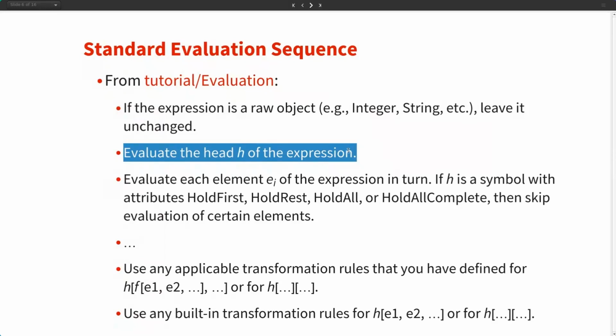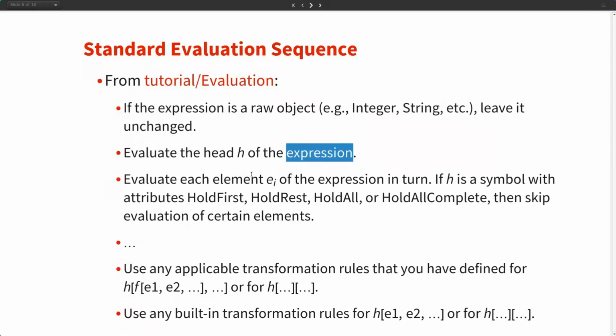After the head is evaluated, you then evaluate each of the arguments. So this is like time-like recursion in an expression. In order to evaluate an expression, you have to evaluate its sub-expressions. Now the arguments of the function are evaluated sequentially, one after another. So these are like spatially separated evaluations. Then